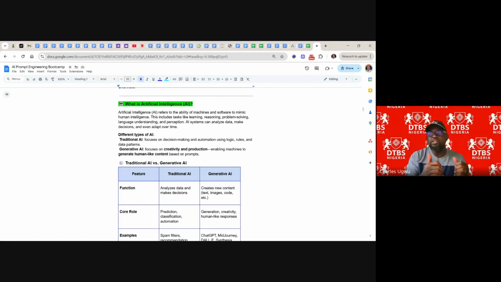But these days, another type of AI came in, which can do more than what a human being can do. And it is not the traditional AI that is built within the application. This generative AI focuses on creativity and production. So they are not based on logic. They are based on existing data sets within the large language model. They query the large language model to get the information we want. We ask them questions, they go to the large language model,